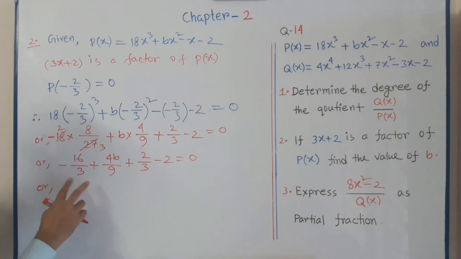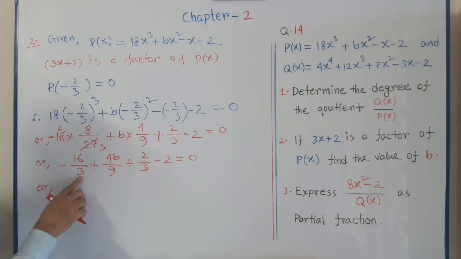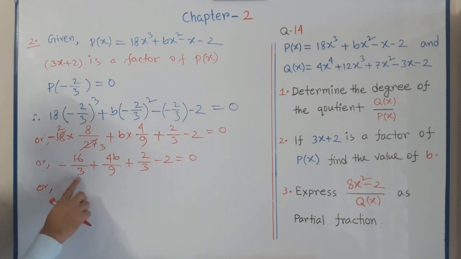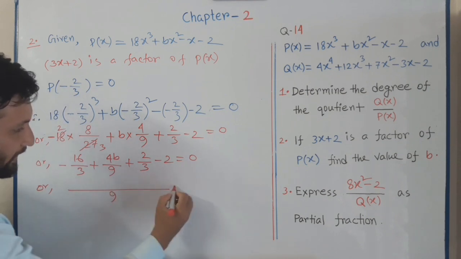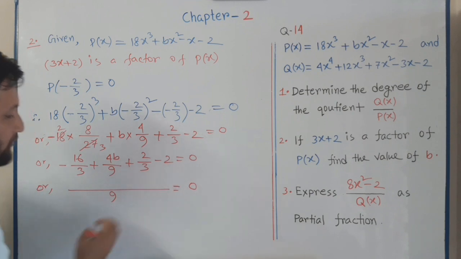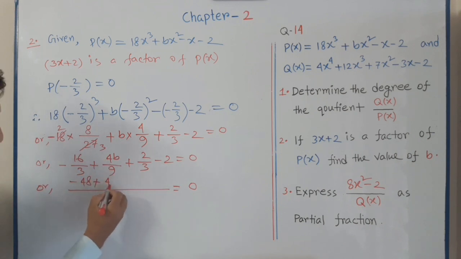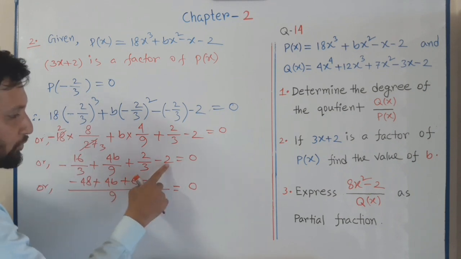Okay. Now here see that 3 in every denominator, the terms are 3, 9, 3 and then the denominator of 2 is 1. So the LCM of 3, 9, 3 and 1 is 9. So write down here the LCM 9 and right hand side is 0. So 9 divided by 3, that means 3. So minus 16 into 3 minus 48 and then plus 9 by 9 is 1. So 4b and then 9 divided by 3, so 3 into 2, that means 6 and then minus 2 into 9.